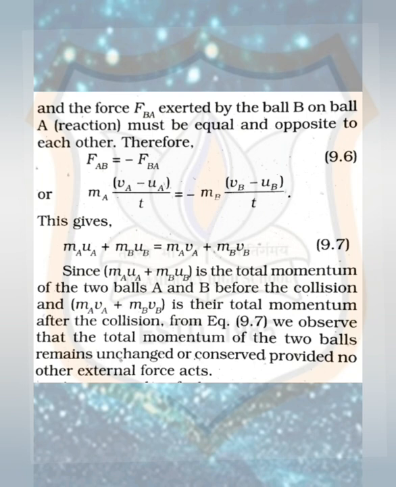So as a result of this ideal collision experiment, we say that the sum of momenta of the two objects before collision is equal to the sum of the momenta after the collision, provided there is no external unbalanced force acting on them. This is known as the law of conservation of momentum. These statements can alternatively be given as: the total momentum of the two objects is unchanged.